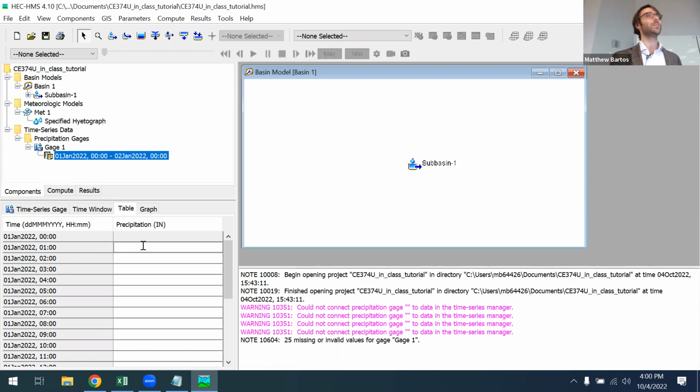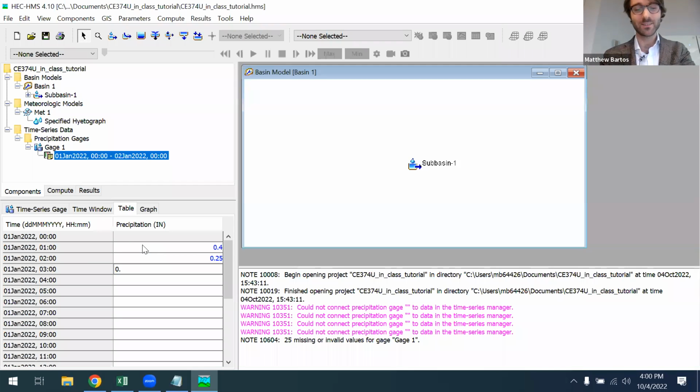Let's keep it under 1 inch. Let's keep each one under 1 inch. We don't want it to get 0.4. Okay, cool. Okay, next one. Let's do 0.25. Okay. Okay, next one. 0.7.